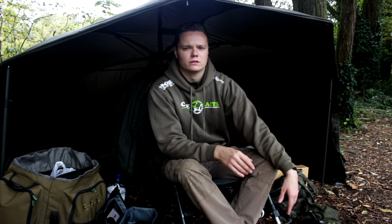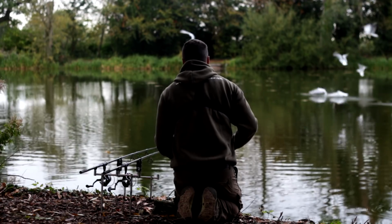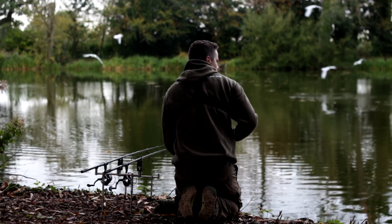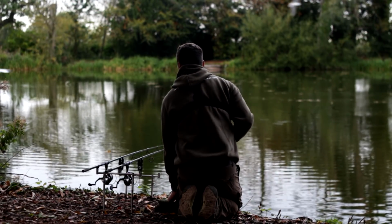I've put a bit of bait out. The seagulls literally destroy any bait that goes out, so I've put 3 or 4 catapult pouches through on both rods to see if that might help, but like I say, the seagulls, as soon as you get the catapult out, they absolutely home in on it, so there is a bit of bait out. I'm confident quite a lot went out,